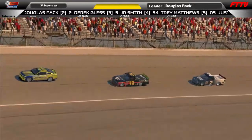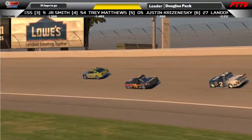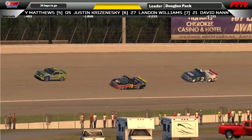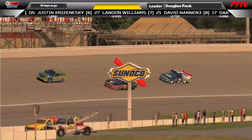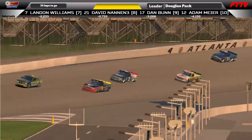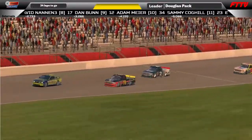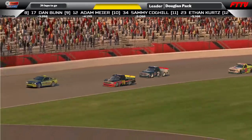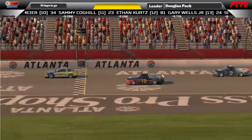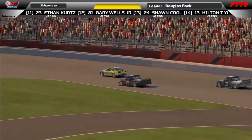I believe he had come in last for those tires on lap 12, with 34 laps to go. That's a fairly long time to be on those old tires. It wasn't hurting him at all, didn't look like until that incident happened. No, I believe we probably had about 5 or 6 laps of caution there, so it wasn't a bad strategy. The clean air definitely was the way to go tonight, as we saw. But